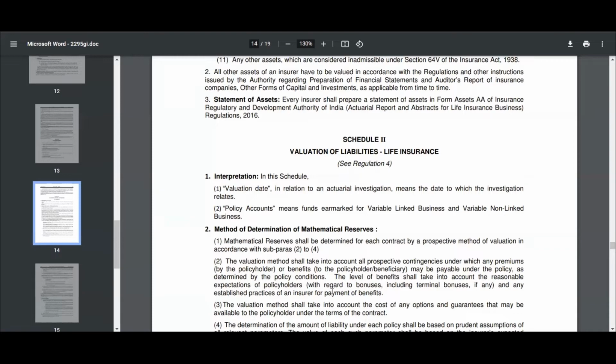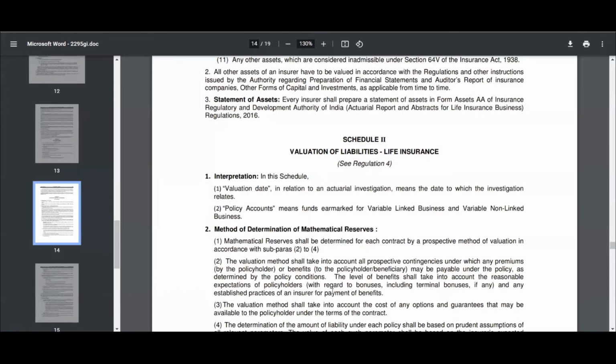So we have studied CT5. There are two methods of valuation: retrospective and prospective. This is the prospective method of valuation using which we will calculate the value of the liabilities for each policy. The method of valuation should consider the policy's all prospective contingencies such as premiums which are expected to be paid by the policyholder and benefits which are expected to be paid to the policyholder, including any policyholder reasonable expectations, so including terminal bonuses. So that means we are also going to reserve for